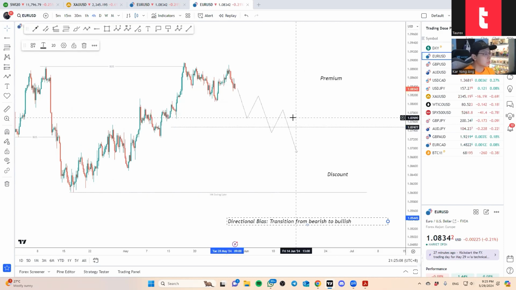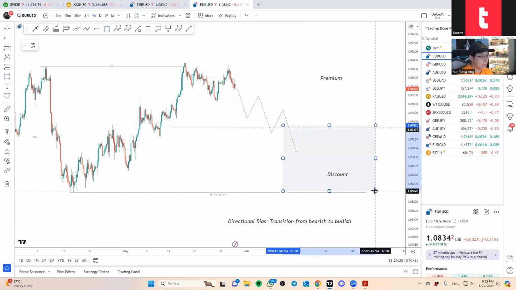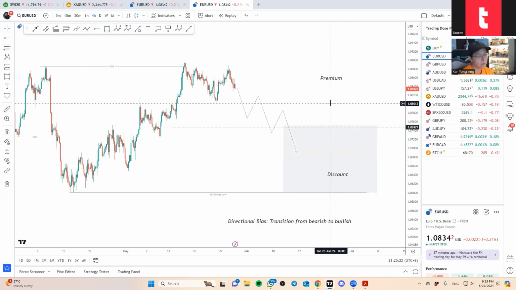So as we progress into the discount zone, how do we know where to get involved in a buy? When do we get in? What are the conditions? What are the criteria? Of course, the first criterion is that it needs to be in the discount zone. That's one, but that's so big, right? How then do we define it? That's where the second